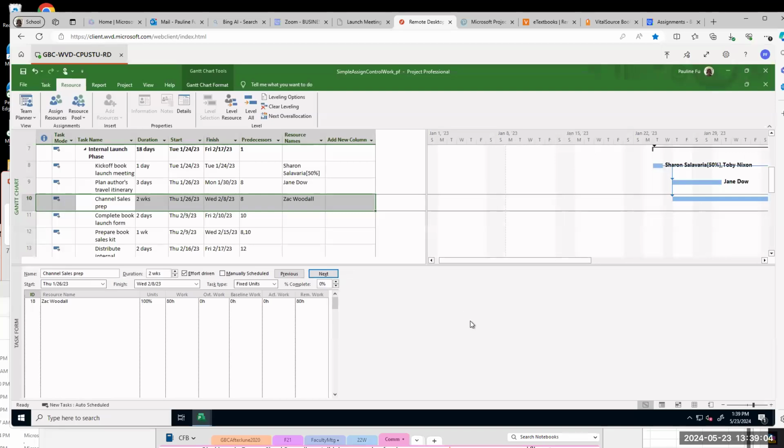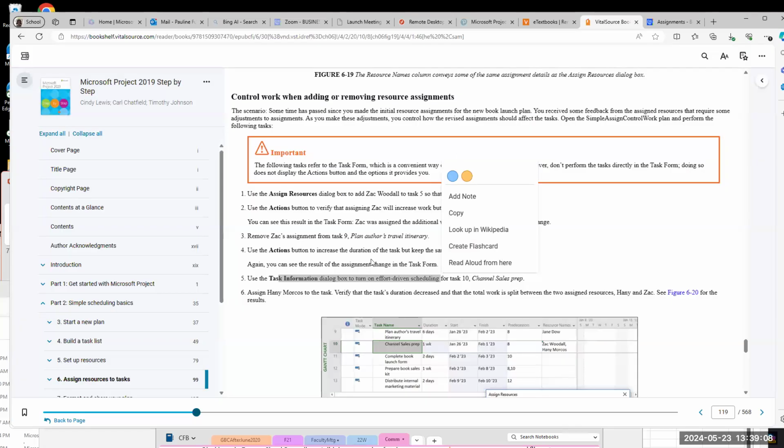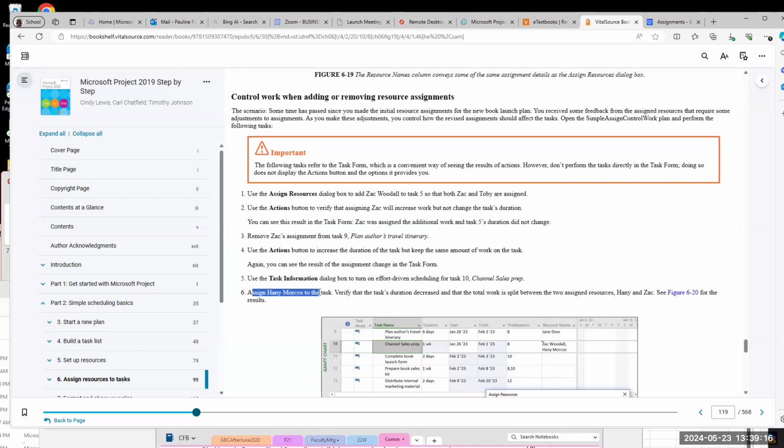All right. Okay, thank you. You're welcome. We finished step 5. Step 6, assign any markers to the task. So assign Honey Markers to task 10.